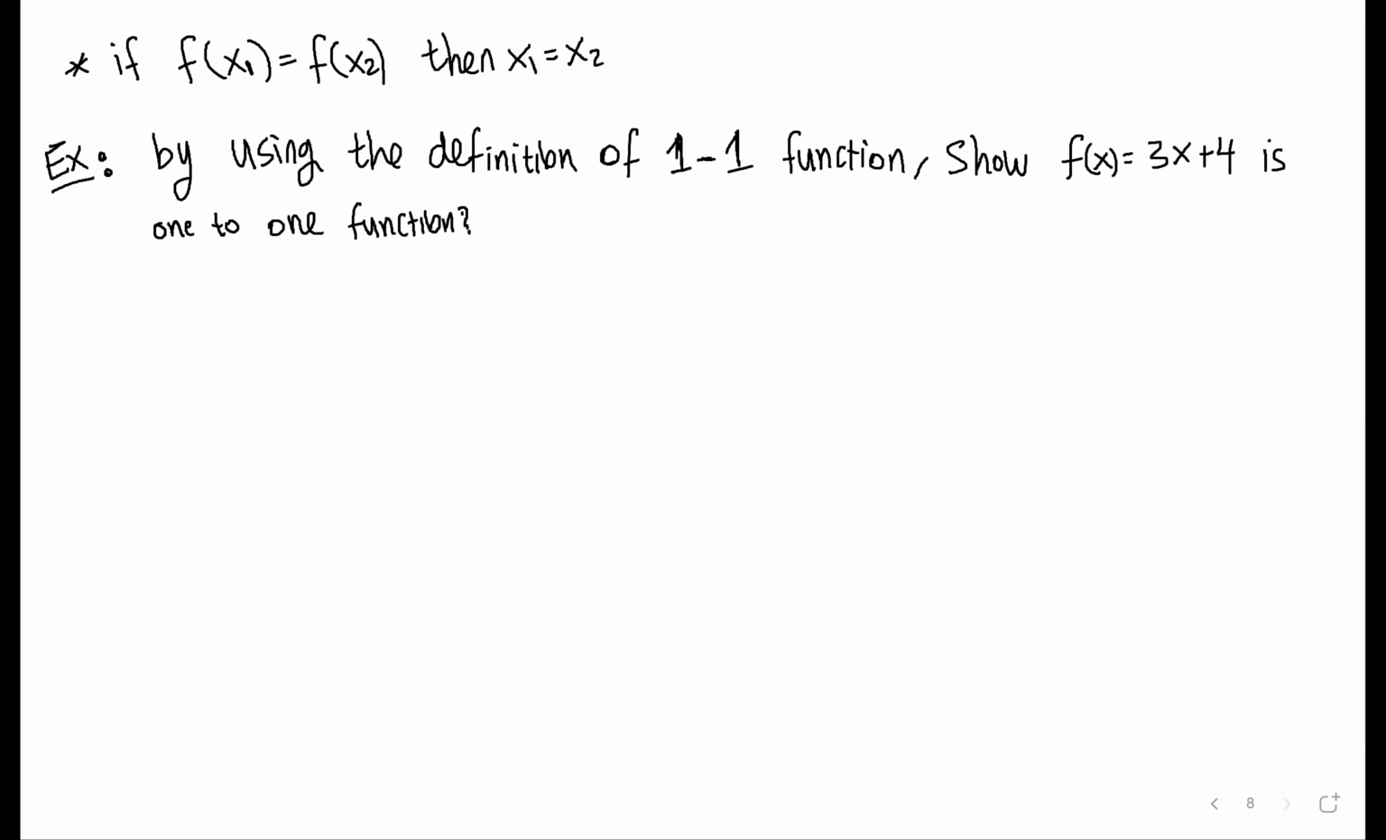So I'm going to do this one step by step. So the first step, you have to write f of x1 equal f of x2. So my function here is f of x equal 3x plus 4. Now you have to make sure to write down f of x1 equal f of x2. So it means,